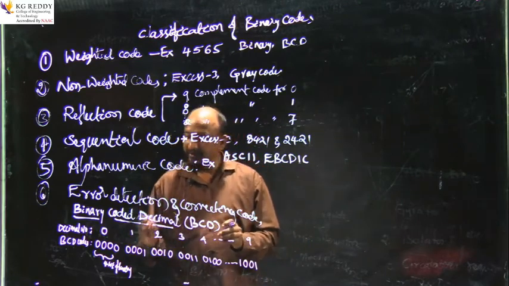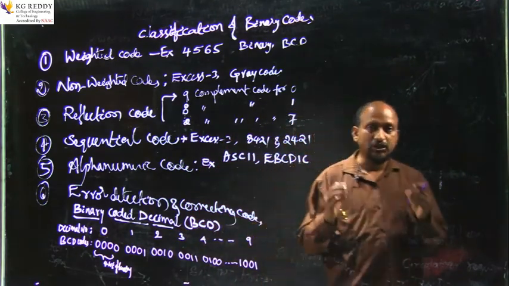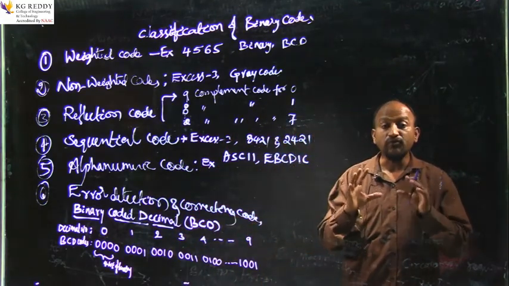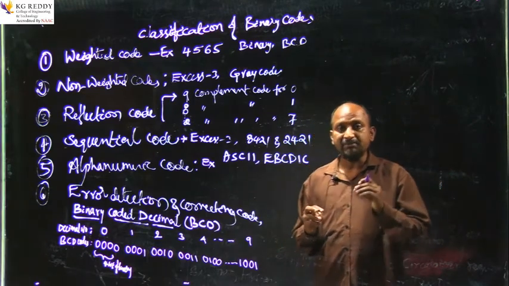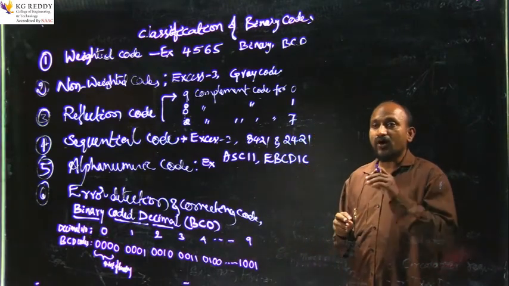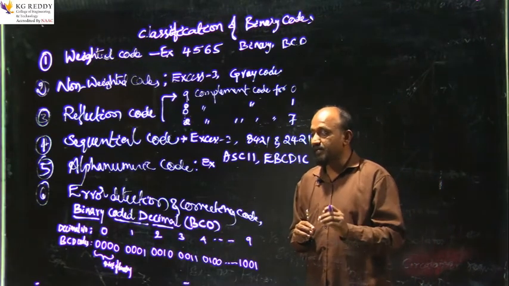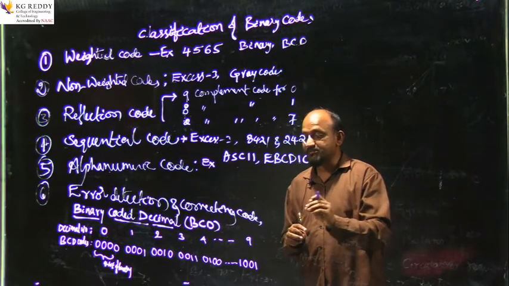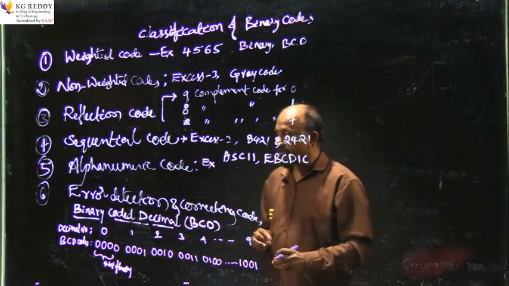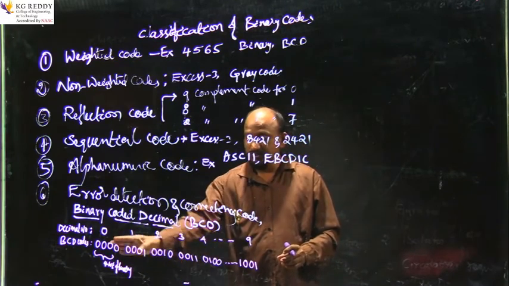Okay, repeating once. In the BCD, when we are going to take the BCD numbers or BCD codes, they should contain 4 bits of binary. All decimal numbers can be represented in BCD using 4 bits of binary only. So these are the various numbers in the BCD from 0 to 9.